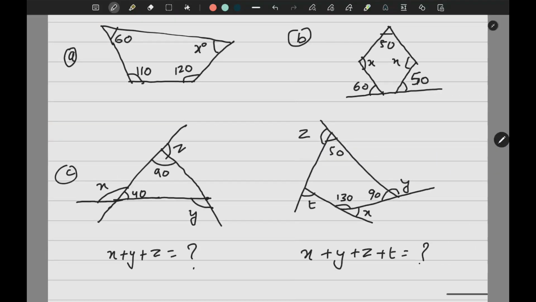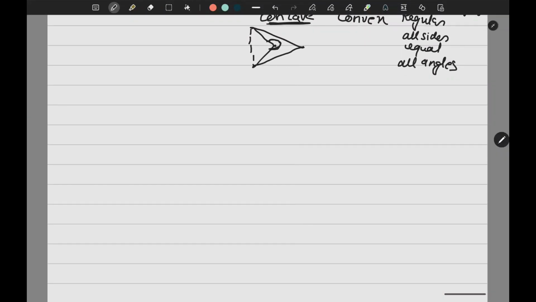Now see the next thing. I will do one more thing here. What is the simplest polygon I can have? If I make one line, it will never form a polygon. If I make two lines, again it is not closed, so it cannot form a polygon. But if I make three lines, I can make a polygon. So this is the simplest polygon I can have. Now, I will write here the number of sides and the sum of angles.